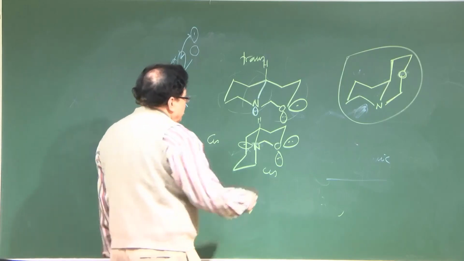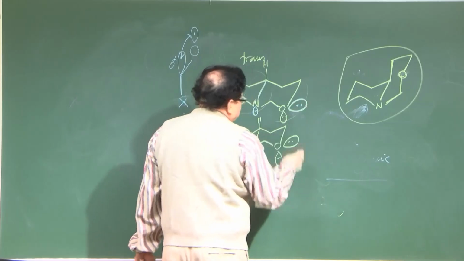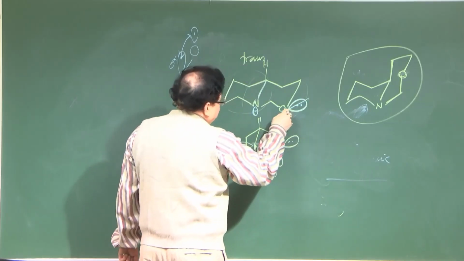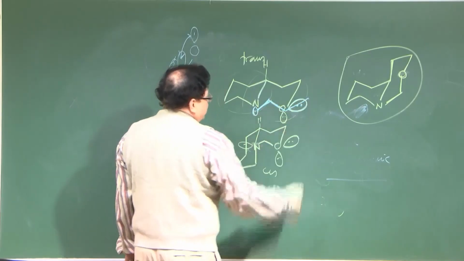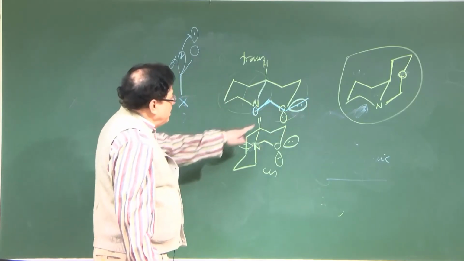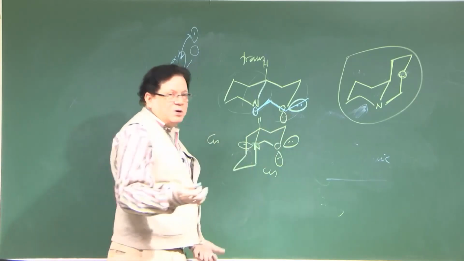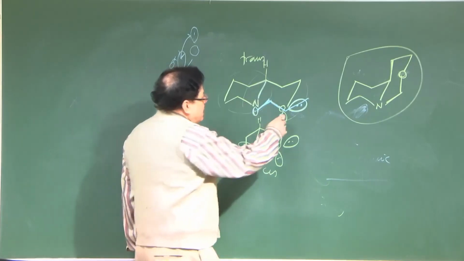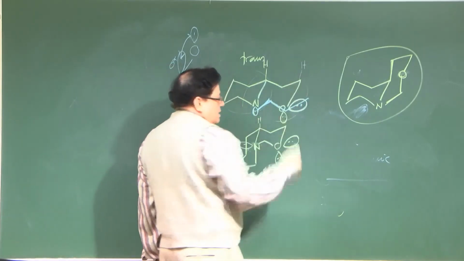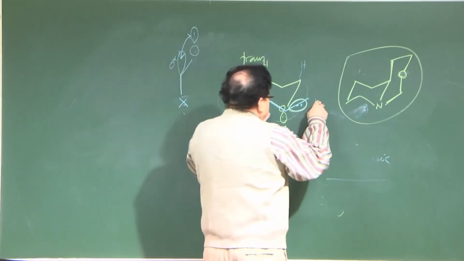On the other hand, this lone pair, the oxygen lone pair which is equatorial, actually satisfies the condition of anomeric effect. So, that gives one anomeric effect. This oxygen lone pair which is axial is again not giving any anomeric effect, because what is anti to it is a hydrogen. So, that cannot give an anomeric effect. So, there is one anomeric effect present in this,